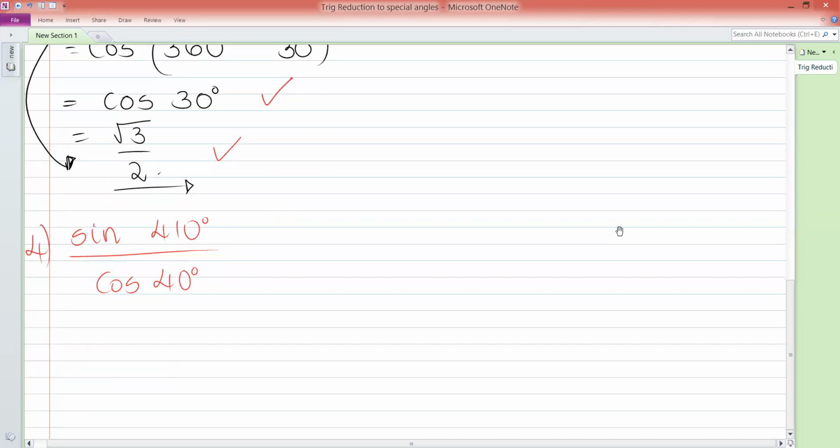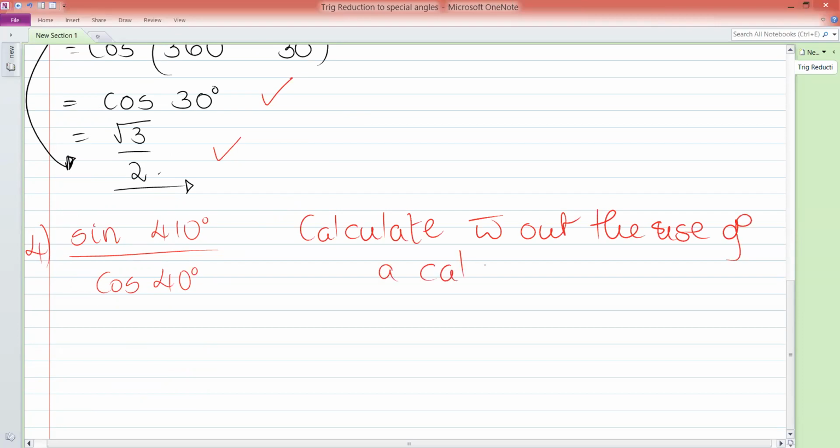And basically what we've been doing for everything else, ma'am, that's the question for this also. Do they also say calculate without the use of a calculator? Yes, ma'am. Okay. Let's see. All right. The use of a calculator. Right. Now,